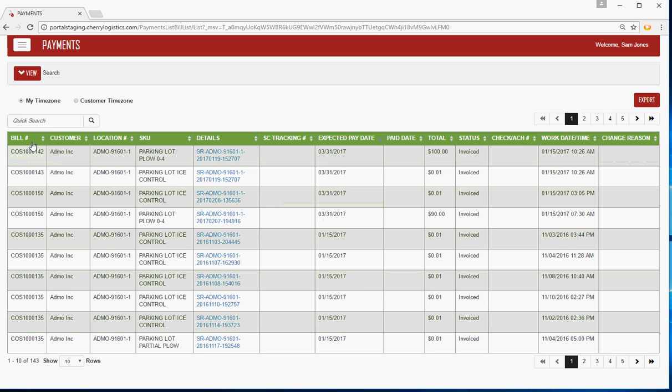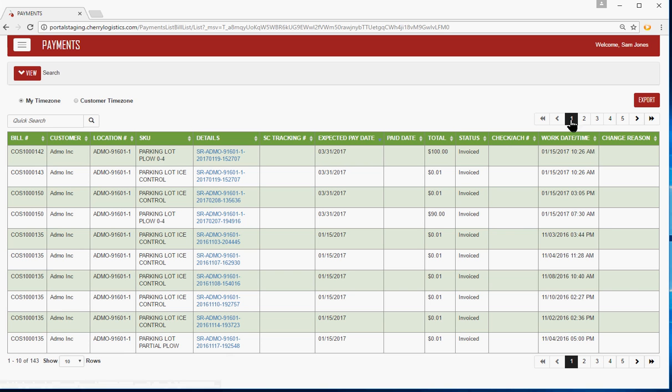So you can see the screen is typical of the other record screen within the web portal. We have rows of records with a lot of columns of specific information. We have the common functionality of the row selector along the bottom to choose how many rows you want to see on the screen, and then to navigate through the different pages of records for the payments along the bottom